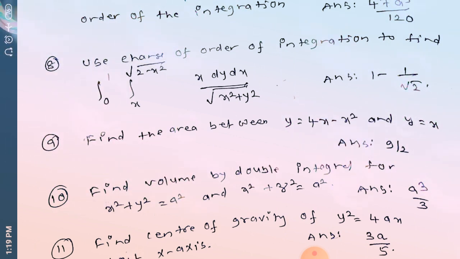So what is the minimum value there? You just substitute one of the values. Suppose I write x equal to 1, where are you getting minimum? Minimum is y equal to x only. So the limits for y are x to 4x minus x square. So just you do the double integration. You know that the area is the double integration of dy dx. So directly do the integration and substitute the limits. You are getting the answer, which is nothing but 9 by 2.